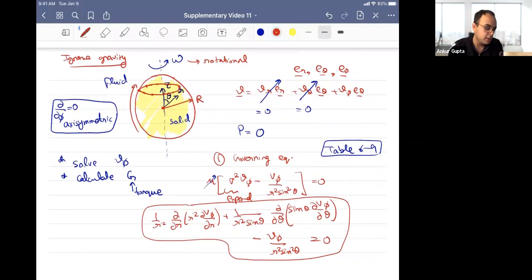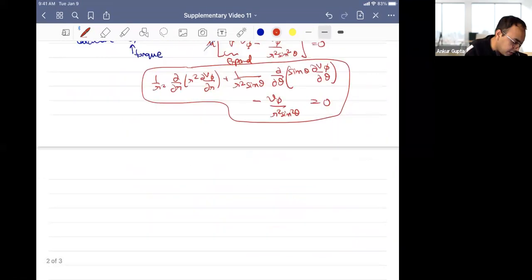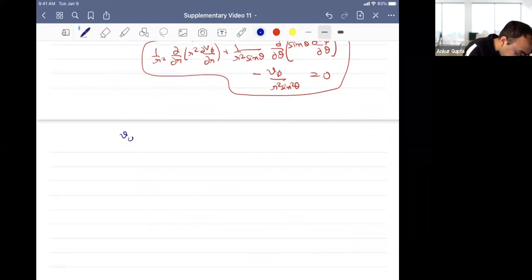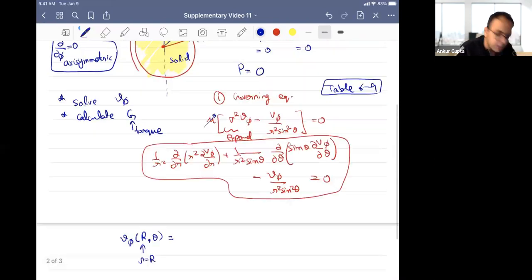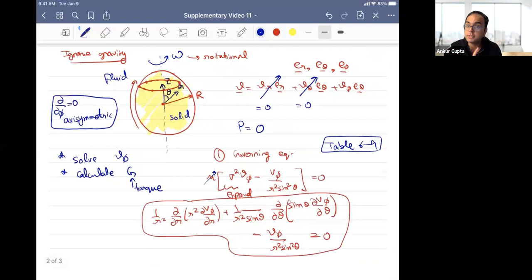The next thing we need to know is what is V phi at the surface. So the surface is r comma theta at r equal to R, and I'm not writing phi because it does not have a dependence on phi. V phi can depend on r, theta, phi, but because the derivative with respect to phi is zero, V phi is a function of r and theta. And what should this value be? The value at the surface should be the no slip condition, and that's the tangential part. The normal part, the radial velocity, is naturally zero.